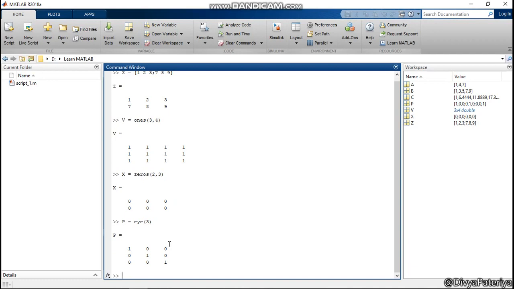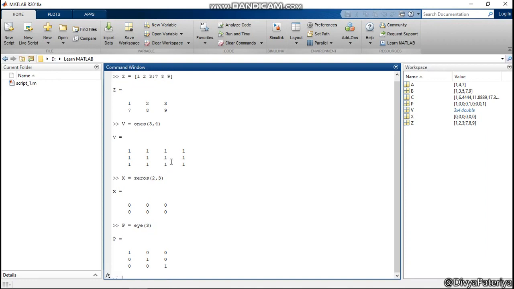So this is how the inbuilt functions like ones, zeros, and eye ease us while we are defining a variable, and we don't have to define every single content again and again in case they are all the same. MATLAB gives us the facility to use the inbuilt functions and not write the contents again and again if they fall in the categories of ones, zeros, and eye.